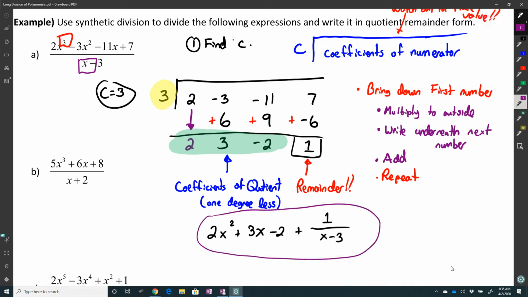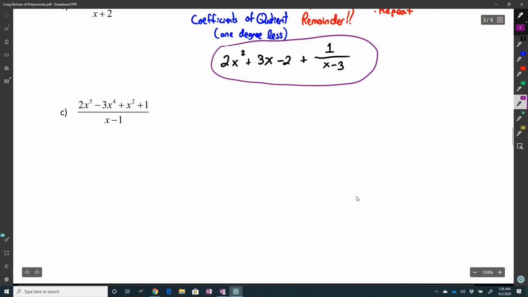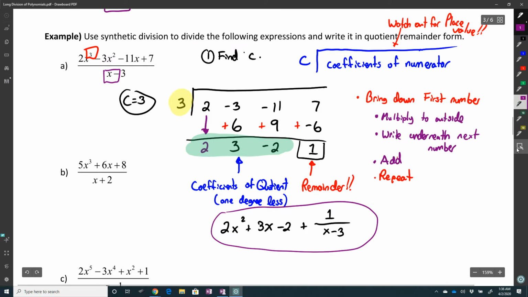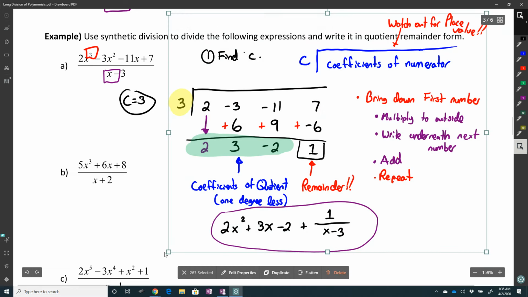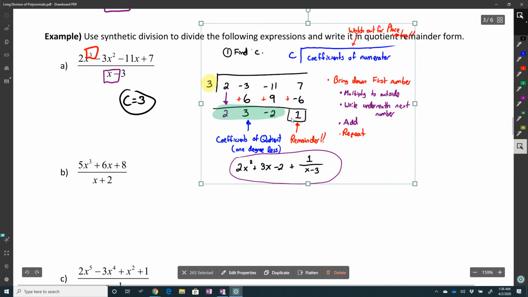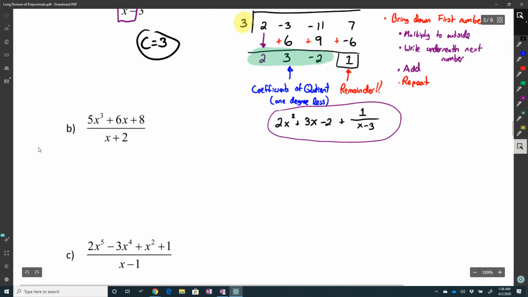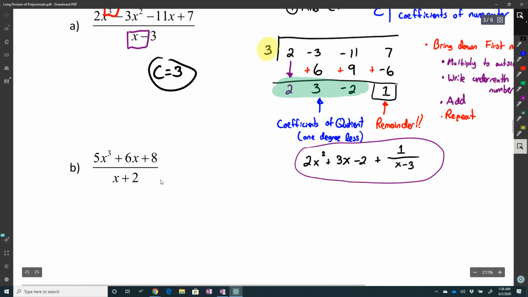So this process is called synthetic division. It's a lot quicker than long division, but you can only use it in special cases. So let's go ahead and do these next two, and then we'll keep chugging and see how far we can get. Going to shrink this. All right. So without all the explanation, let's see if we can do this next one.